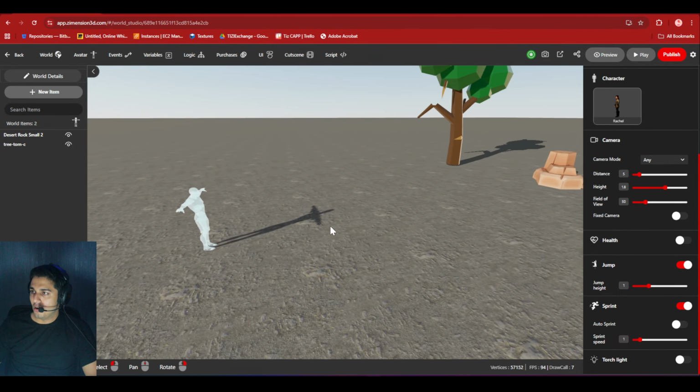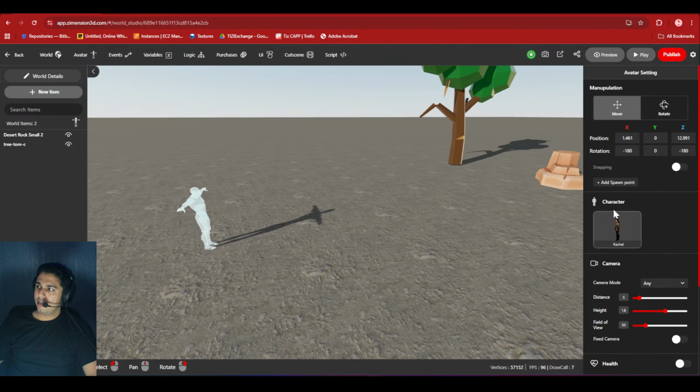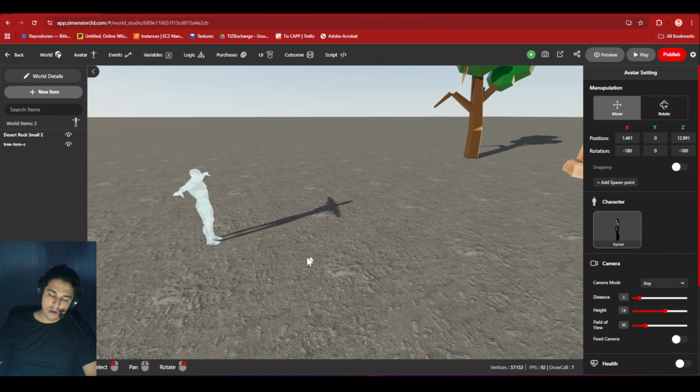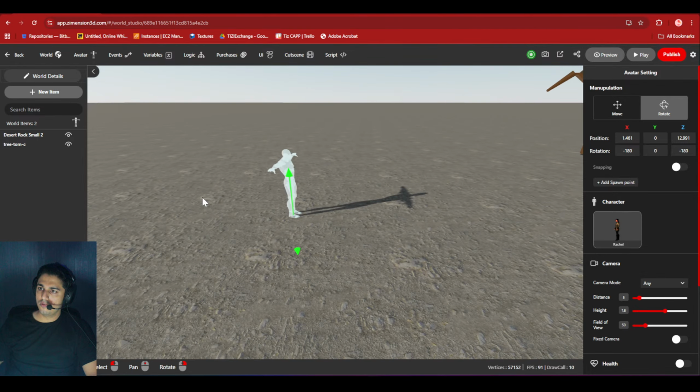All right. So, regarding the character, I have seen some of you who are very new to the platform and just exploring the avatar options. These options are to move and rotate. You can see move and rotate. You cannot turn the avatar upside down, right? This will basically just open the pointing direction, and you can even adjust these values for precise movement. And this thing is really interesting.